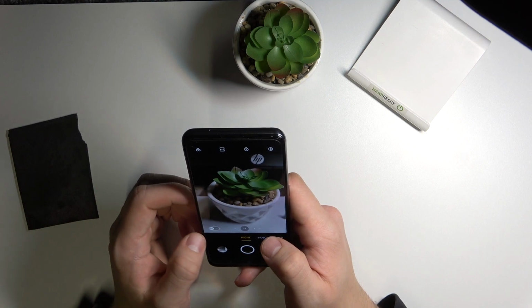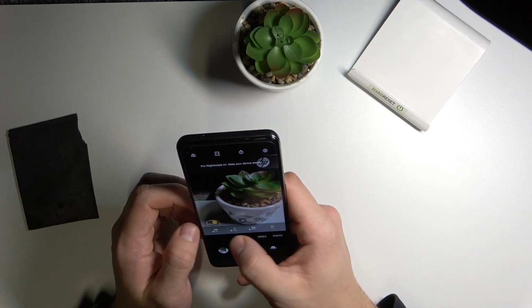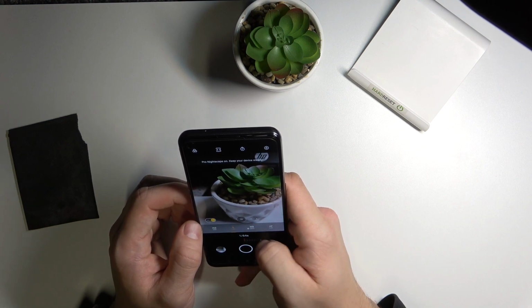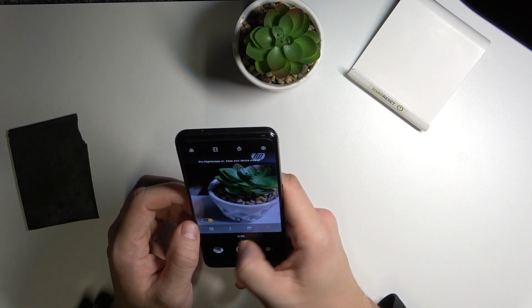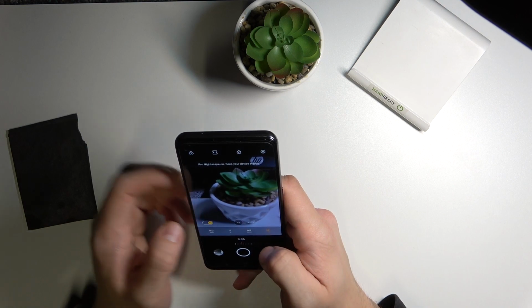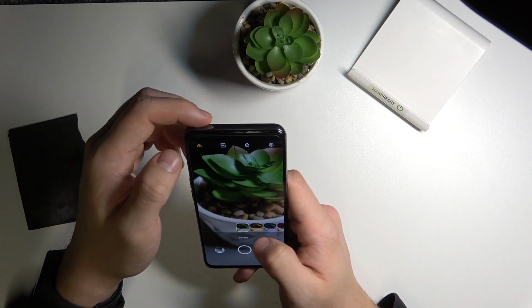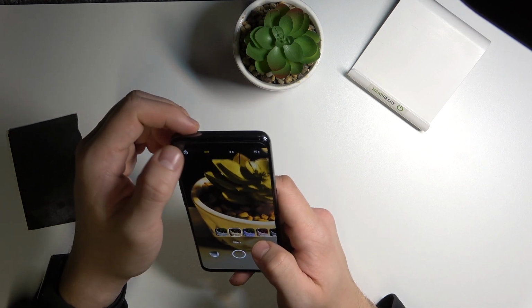Next we've got night mode with pro settings. In here we can change aspect ratio, we can add filters, set timer,